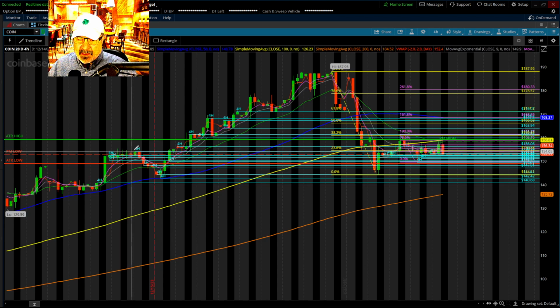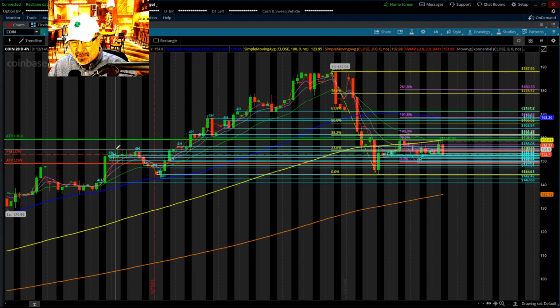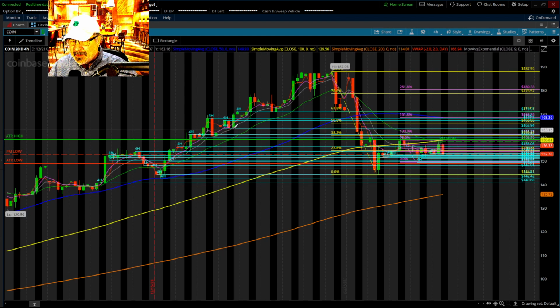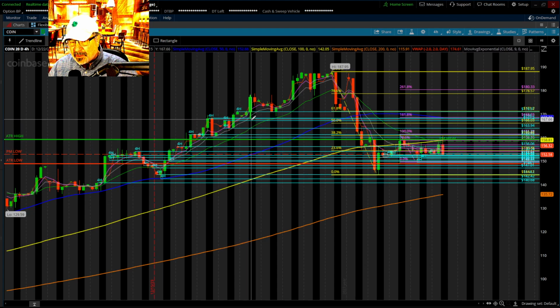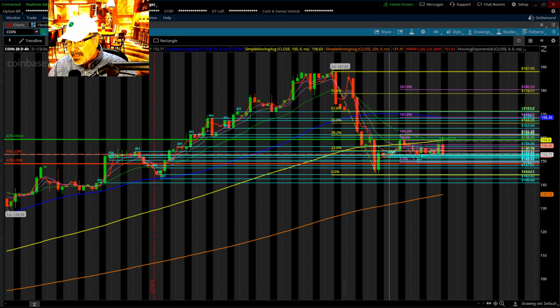Basically you're hitting the bodies and the wicks of every one of these 4-hour candles. As you can see, if they're not picked up here, then they're picked up someplace else across. Now usually you're trading only within the ATR, but just in case it moves, I mark some out of it, below it and some above it. So basically you're just catching